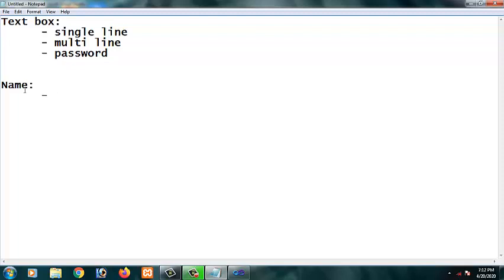Suppose it is going to be a text box means, so start it with txt. So this txt refers it is the text box. Second part, so the text box is going to hold a username, means I can give the name as name, which clearly shows that this is a text box and this text box is going to hold a name in it. Suppose it is a password means txtPass. Likewise, you can do it for any control.